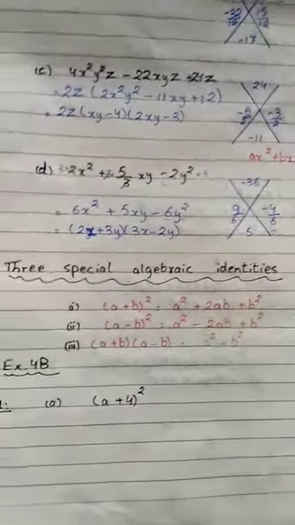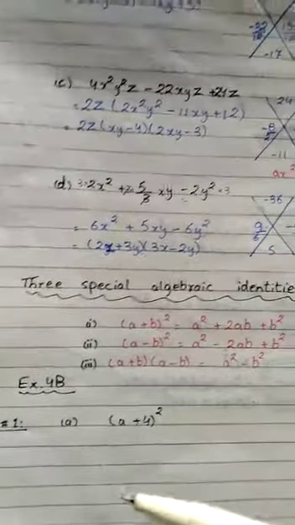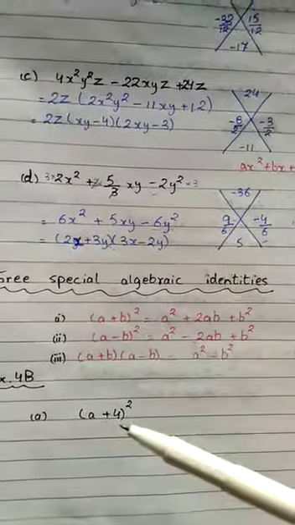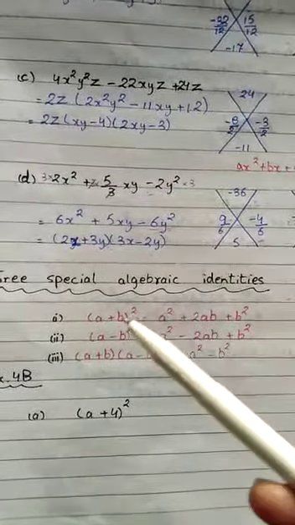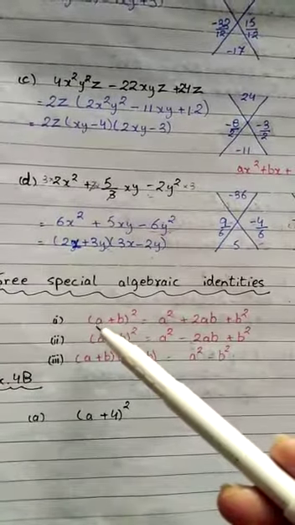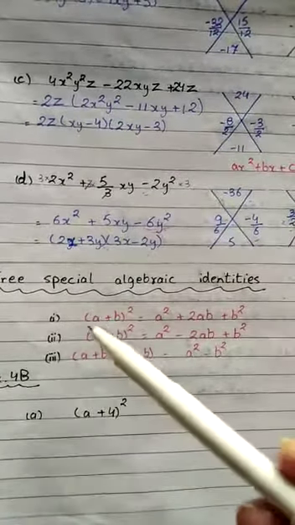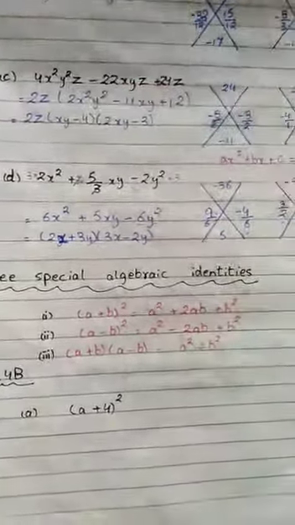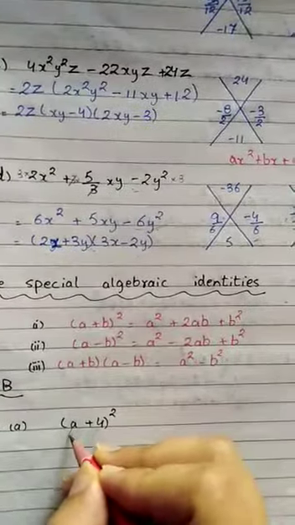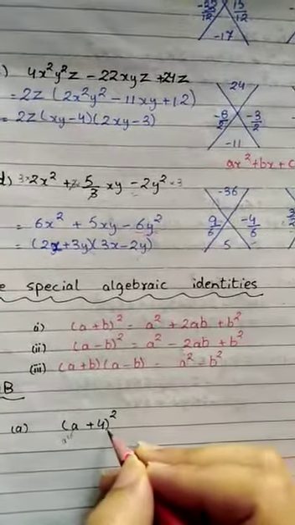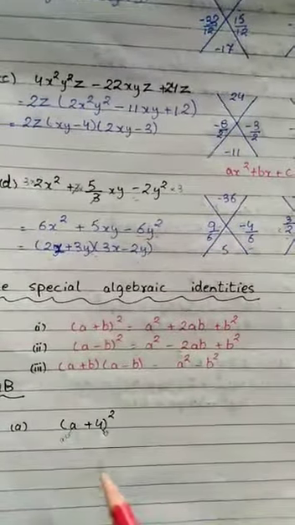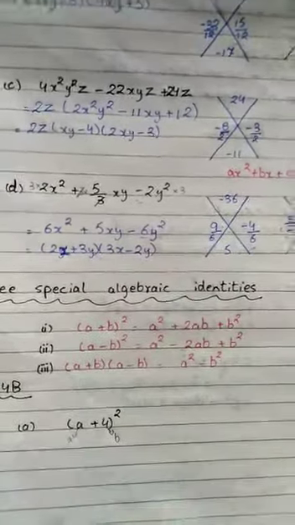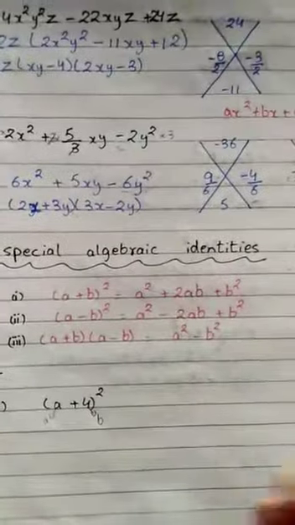Okay, so look here, exercise 4b, question number 1. So this is part a, a plus 4 whole square. If you compare the given expression with the identities, you can easily see that for solving this question you will use identity number 1. Okay, so suppose this is a, it is right here, a, and this is b. The first term denominates a and the second term denominates b. So how will you factorize? Look at the other side.